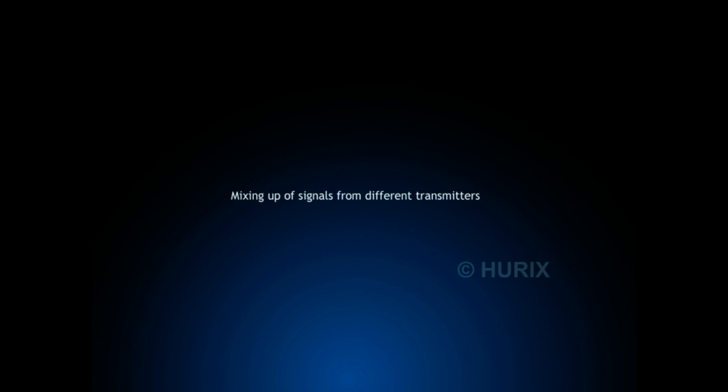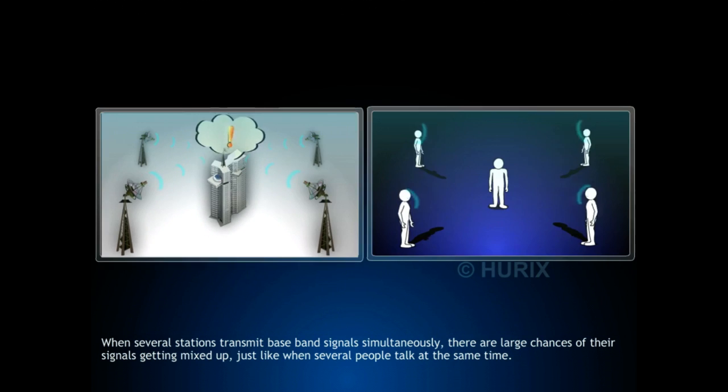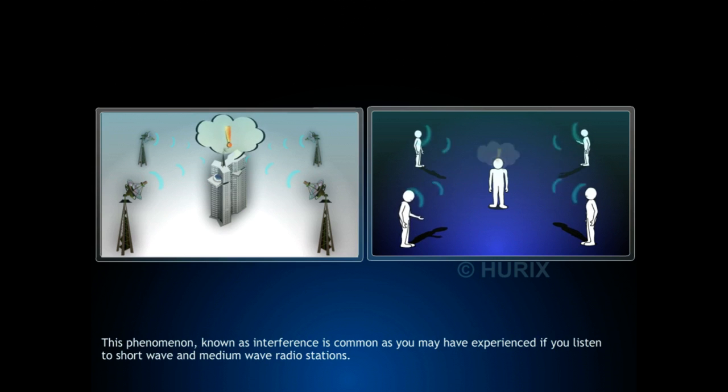Mixing up of signals from different transmitters. When several stations transmit baseband signals simultaneously, there are large chances of their signals getting mixed up, just like when several people talk at the same time. This phenomenon, known as interference, is common, as you may have experienced if you listen to shortwave and medium-wave radio